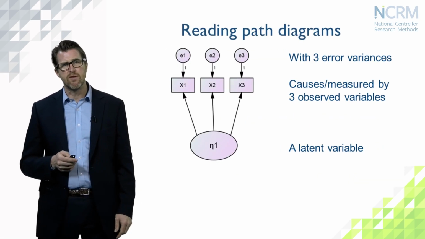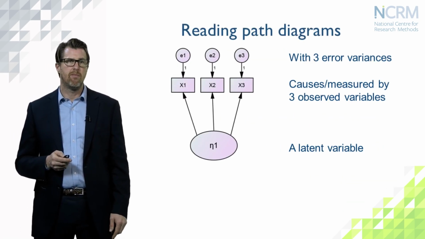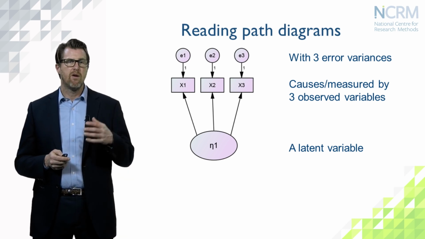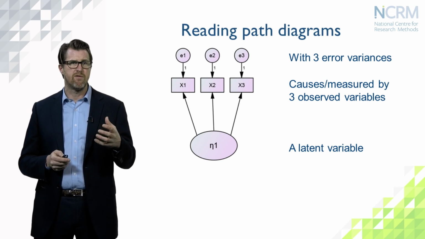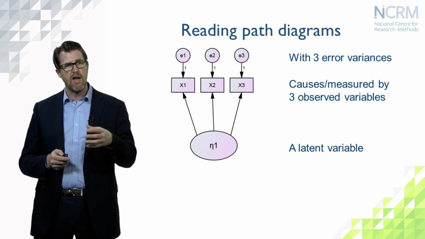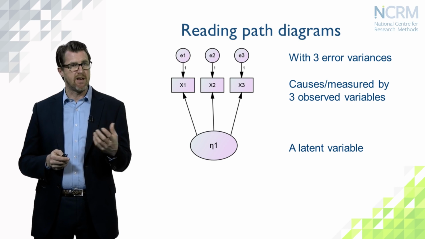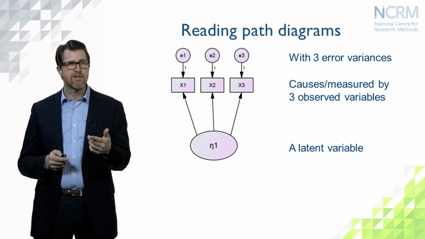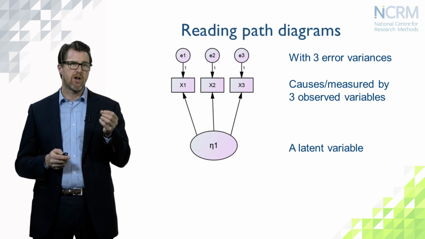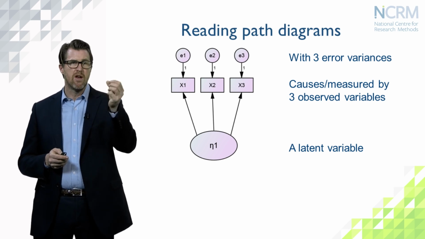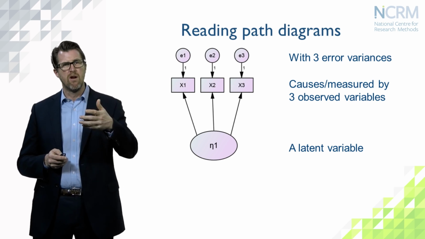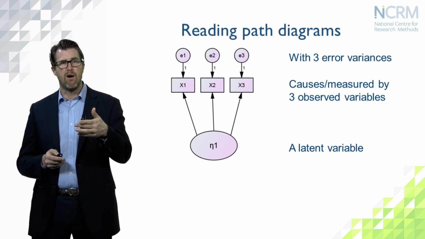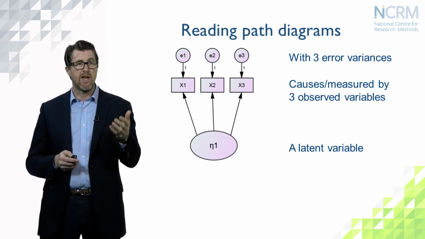Here are some examples of some quite simple path diagrams. Here we're just looking at measurement models. These are confirmatory factor models, and we have here eta1, which is a latent variable shown as an ellipse. And eta1 here is shown to cause three observed variables, x1 to x3. And we can also think of that as eta1, the latent variable, being measured by the observed variables x1 to